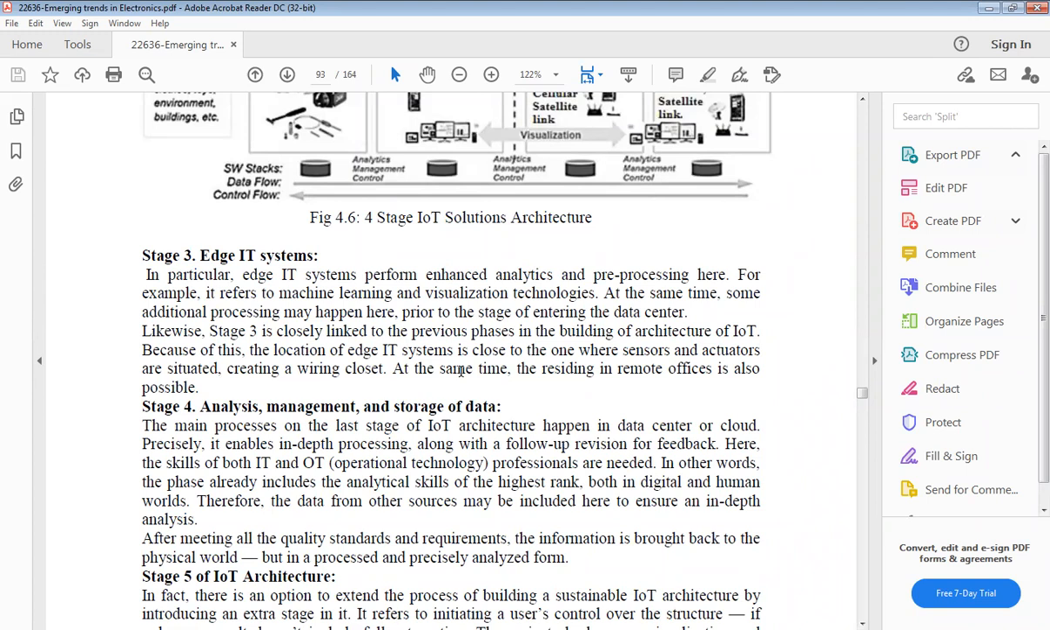Therefore, the data from other sources may be included here to ensure an in-depth analysis. After meeting all the quality standards and requirements, information is brought back to the physical world, but in a processed and precisely analyzed form. So in Stage number 4, whatever data is coming from the gateways, that data is